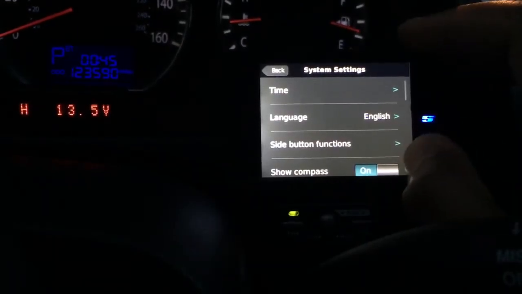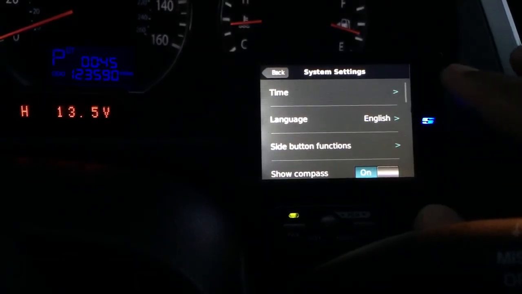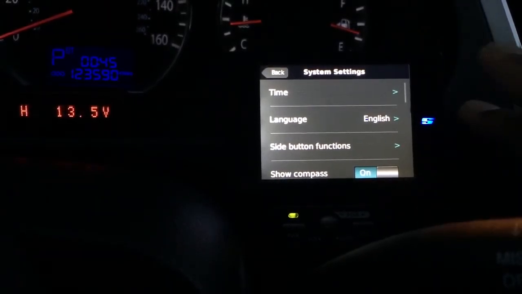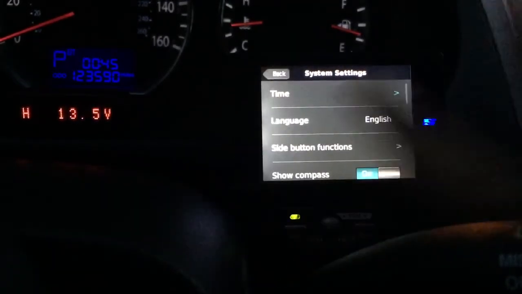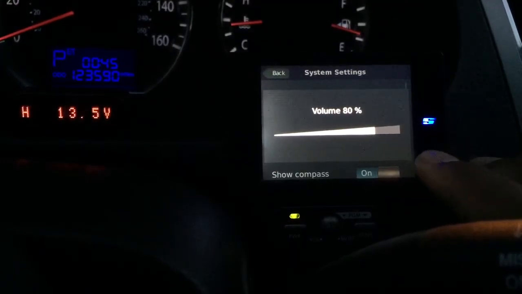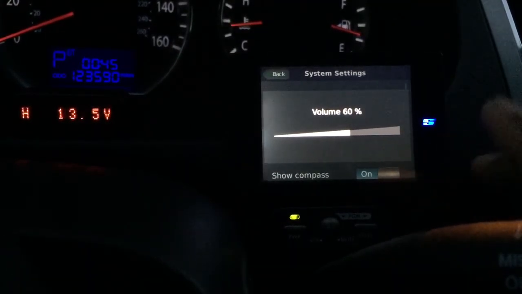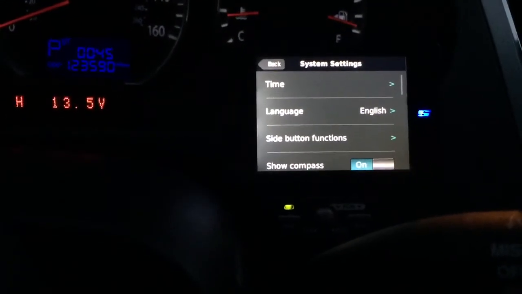Here is where you change the time, language. You can change the side button functions. The side buttons are, even though it can't be seen, actually here, here, here, and here. So if I were to tap on this side, that's how I adjust my volume. I decrease it, and then if I were to go here, I'd toggle between the pilot screen and the